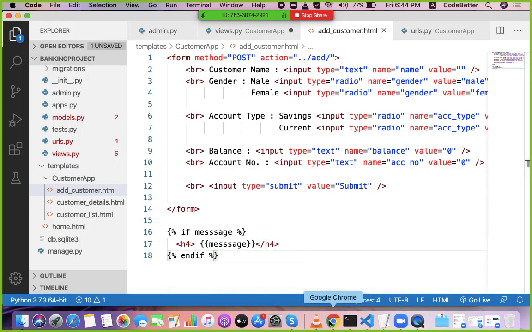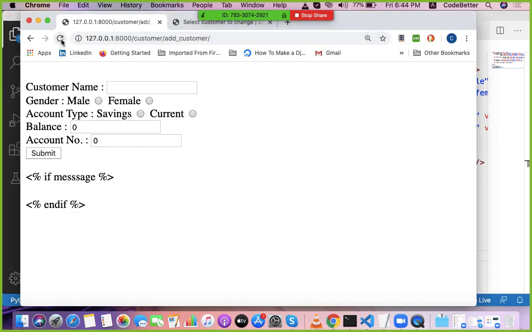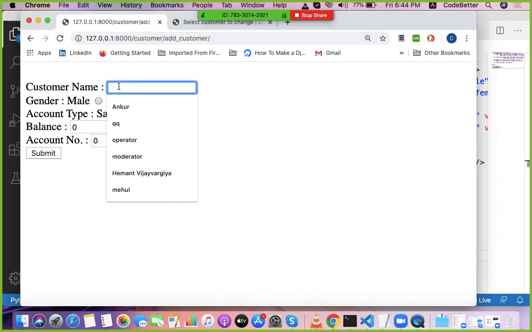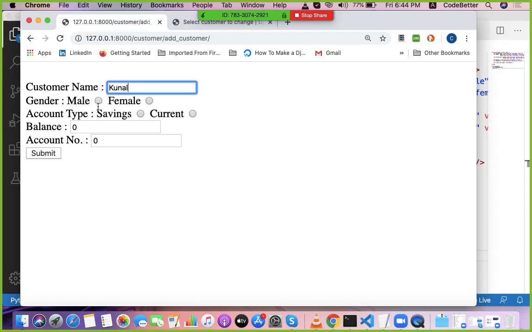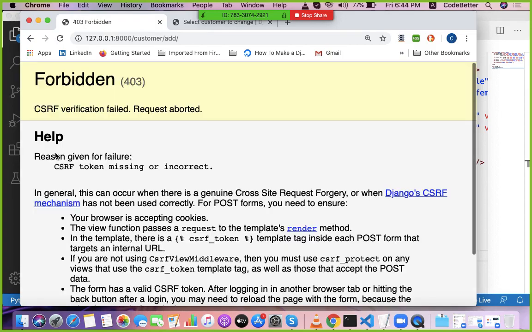So now let's put the customer name, and all data. If I click on submit, there is one token required because I am trying to access that page through some URL, some function through that URL.